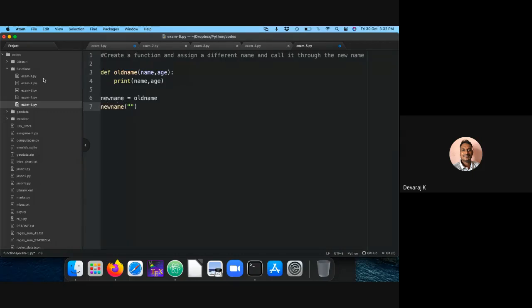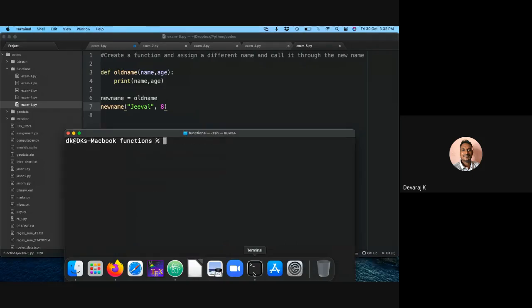Say, for example, earlier I was using Jewel and age. That's the flexibility of Python. You have already defined an old function name, and you can rename it with a new name and call the function. Okay, let me call this. Clear.